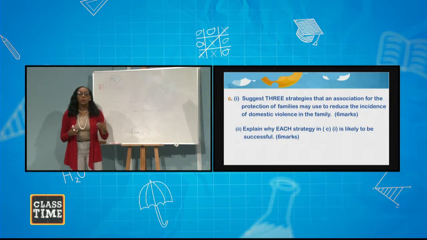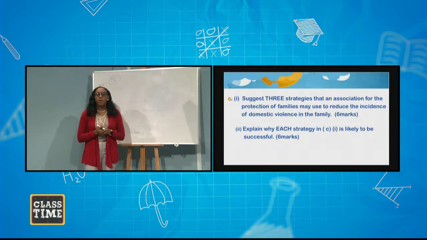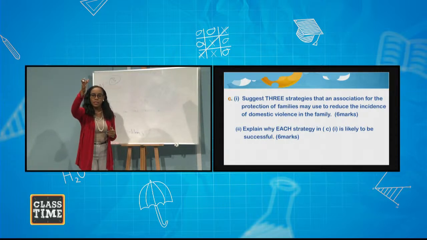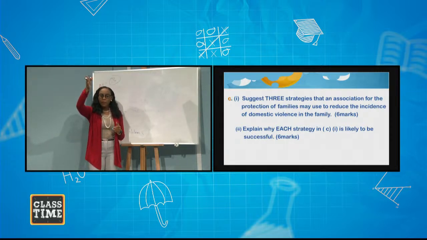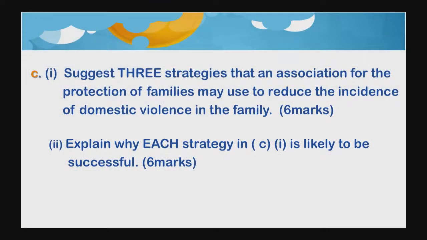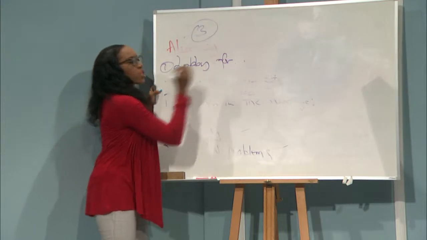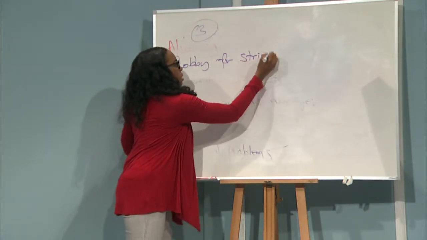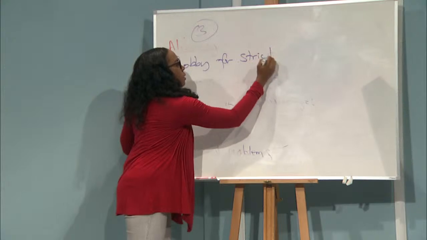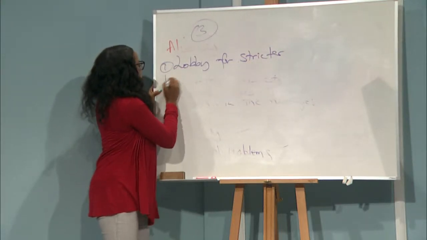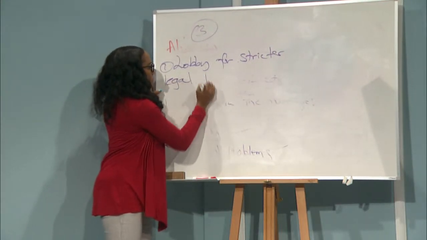And we would have outlined what domestic violence is, right? Give me an idea. Yes. All right. Very, very good. So the first strategy I heard there is to charge them, lock them up. So the association, I would suggest, 1, lobby for stricter legal punishment,